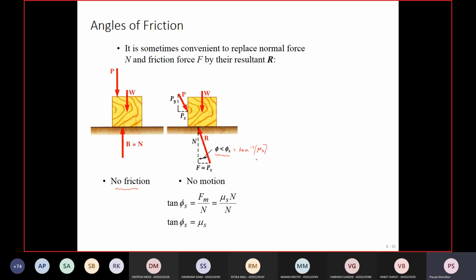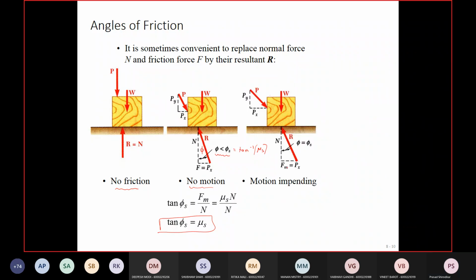No, mu static. Okay. So again, in this case, there is no motion. Tan phi s is again N_m by N, and that is mu_s N divided by N. So tan phi s is nothing but your coefficient of static friction. So if this angle is less than phi s, again there is no motion. If this angle is equal to phi s, that is tan inverse of mu s,